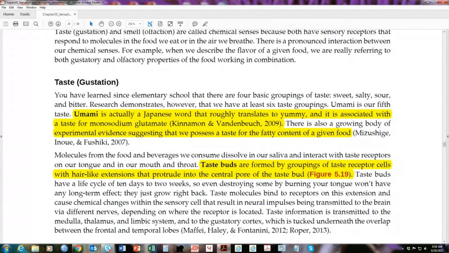So for something to be tasted, it has to be dissolved in saliva and bathed over the taste buds. Now, relatively recently, over the last 20 years or so, good evidence has been accumulated that there is another primary taste, maybe two. The best known of the new primary tastes is called umami. And umami is Japanese for delicious. And umami, or the umami taste, is sensitive to